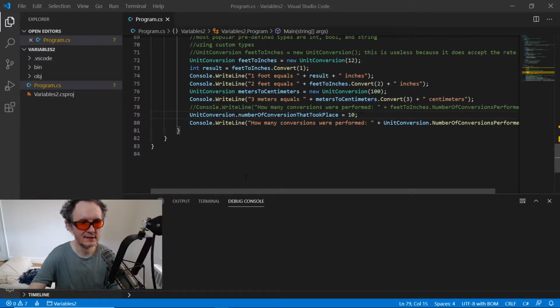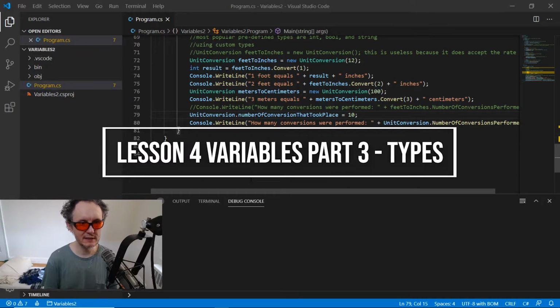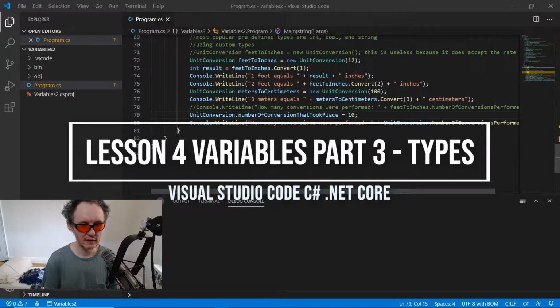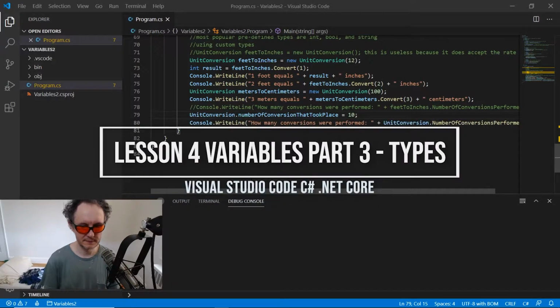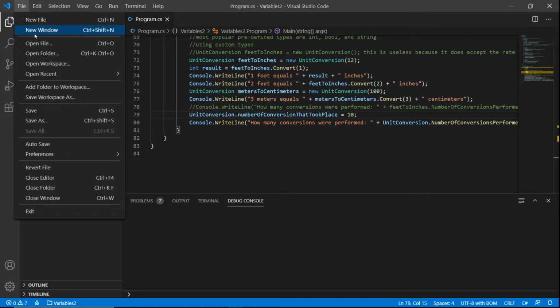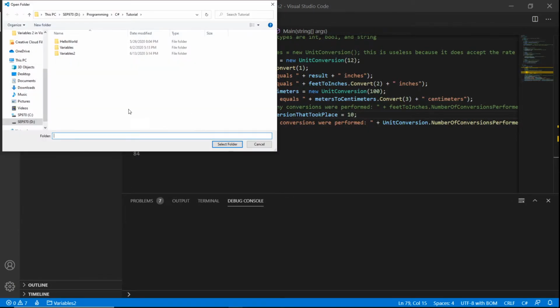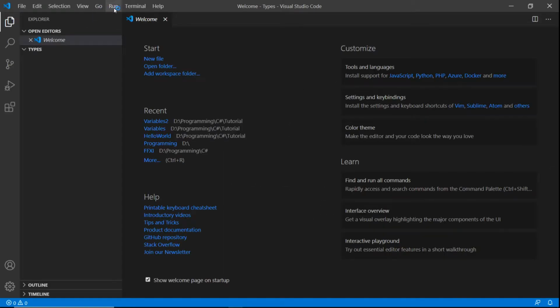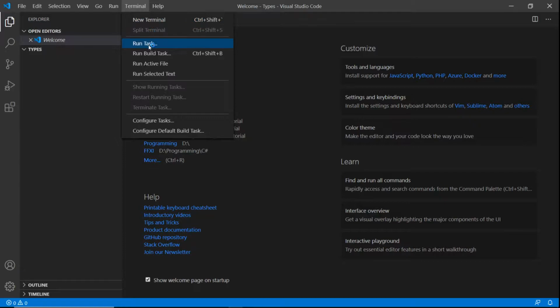Hi everyone. So today we're going to expand even more on the notion of variables by diving deeper into variable types. So I'm going to hide my face, go to open, new file, open folder. We're going to create a folder called types. Select it. Go to terminal, new terminal,